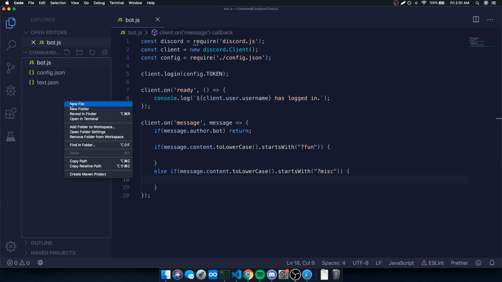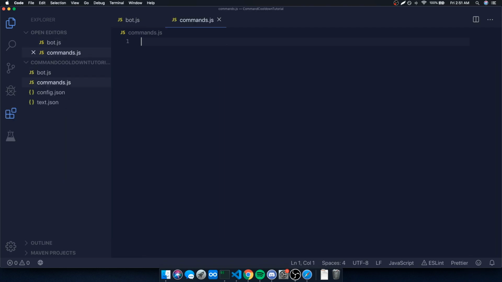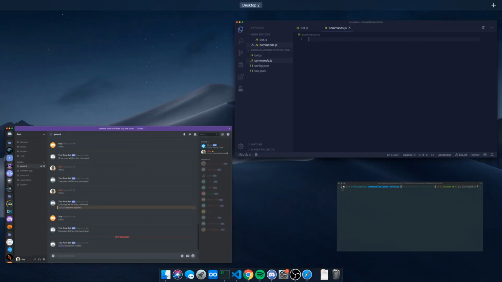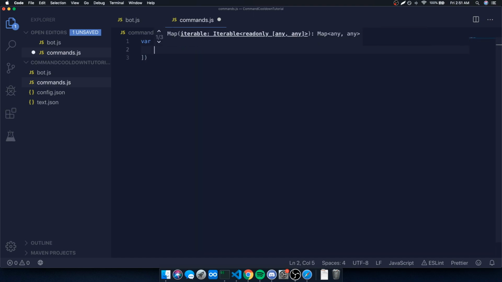Okay, so I'm going to go ahead and create a new file, and I'm going to call it commands.js, and inside this file we're going to do a couple things. The first thing I'm going to do is create a variable, actually I'm going to just do var commands equals new Map, and what I'm going to do is